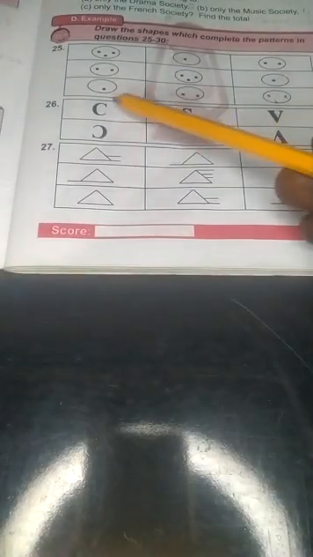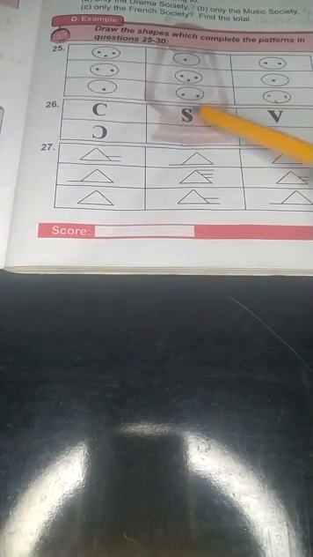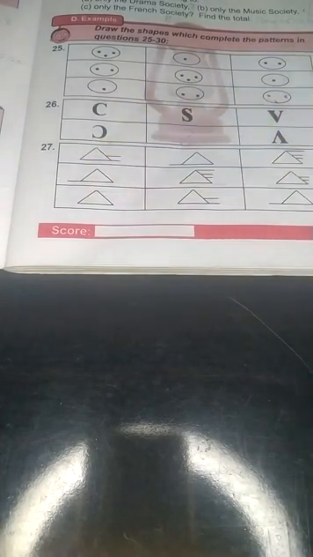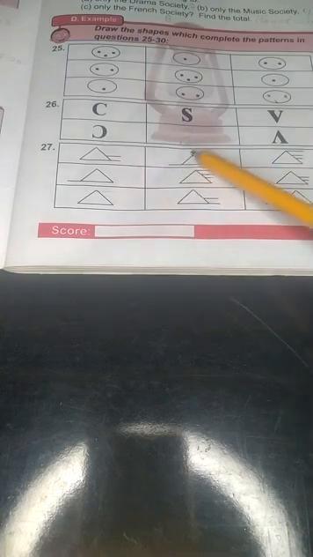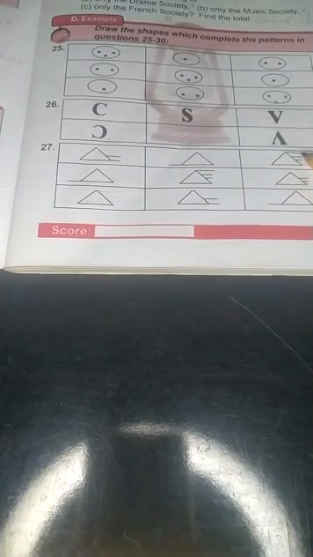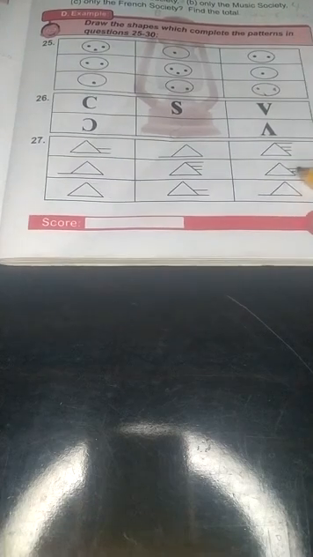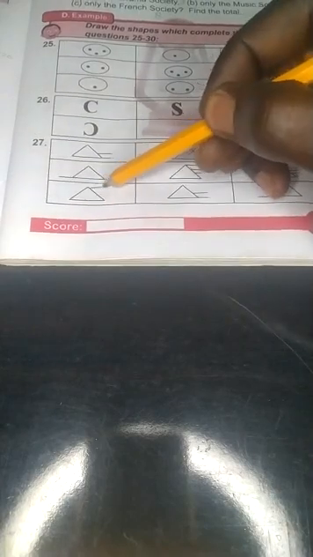Then here, it's facing your left. If this one is facing your right, then this one will be facing your left. If you look at your triangle, it has 2 lines here, 1, here 3, here 1, here 3, here 2, then here is 1, here is 2, then here is supposed to be